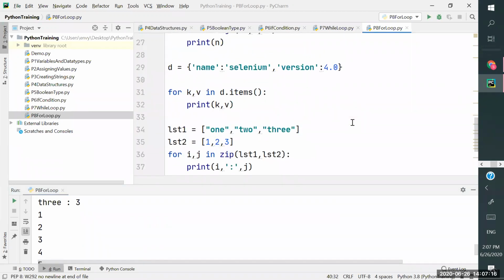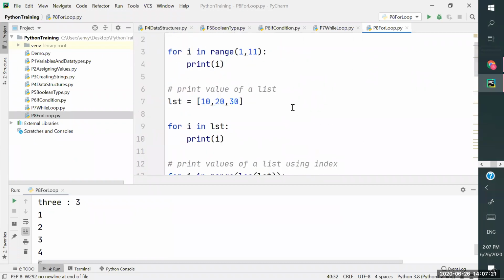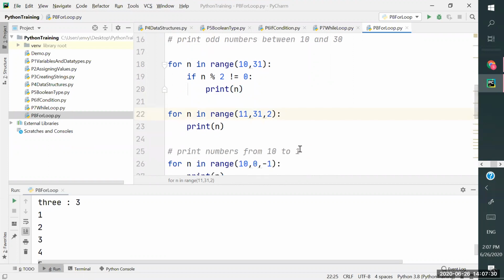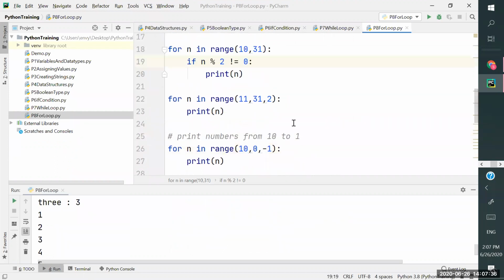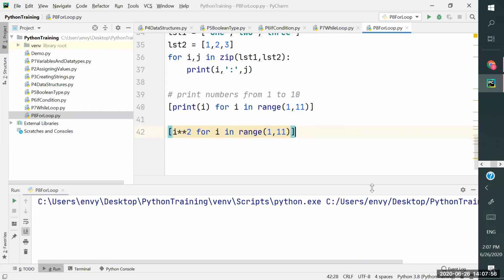So let's say, do we have anything here? We have created, right? And let's say I'm finding odd numbers, right? Range 1, 2, and okay, fine. I wanted to print squares of some number, right? Even we can do that one as well. I wanted to print squares of that. So what I can do is i star star 2, and this is going to have the squares of each and every number.